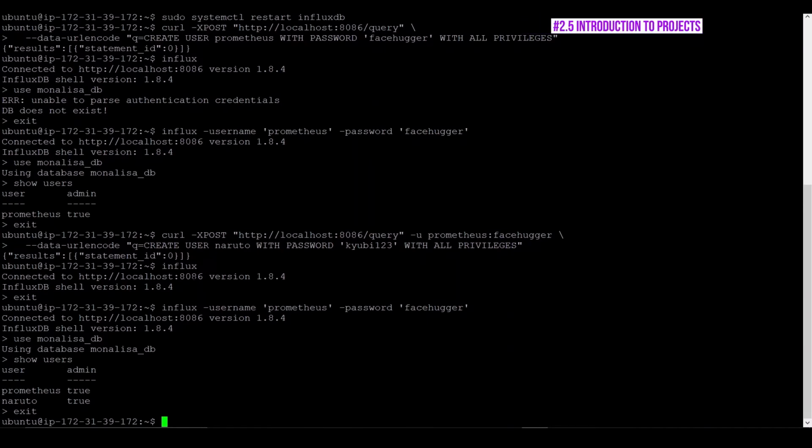Now you might have noticed that when we run the commands, we run it against 8086 port. So if we want to access the database from an external application, we need to make this 8086 port open on this cloud server. Otherwise, the external applications won't be able to interact with it. If you are running this on an AWS server, you can add a security policy to do it. Or if you're using any other cloud provider, you just have to find the steps to open this 8086 port and you should be fine.